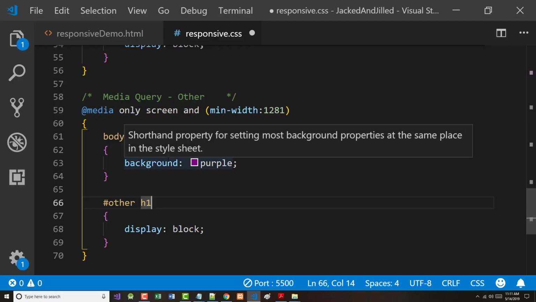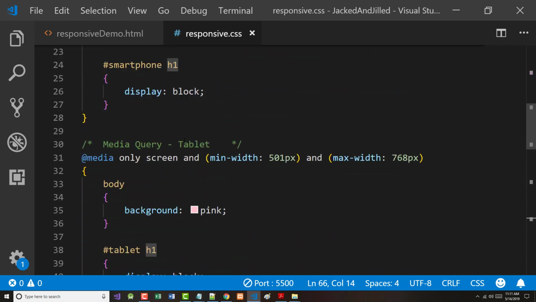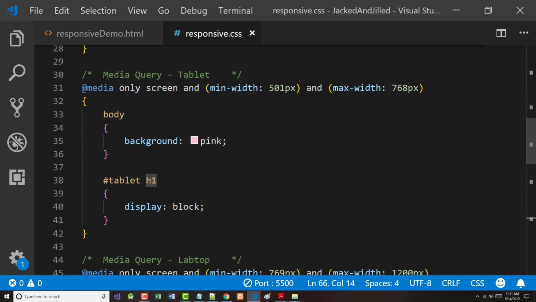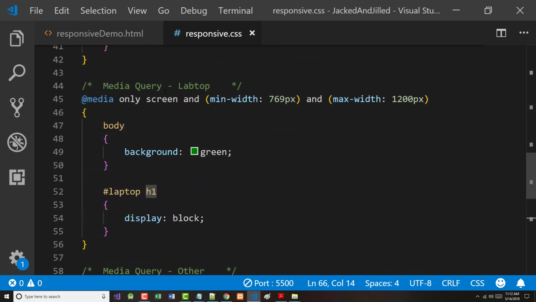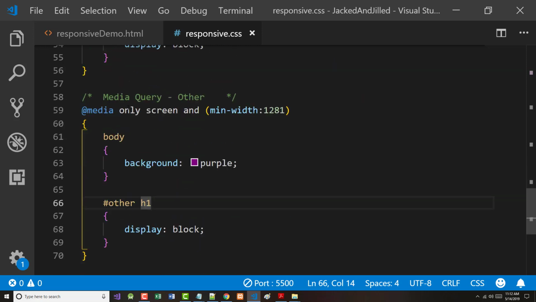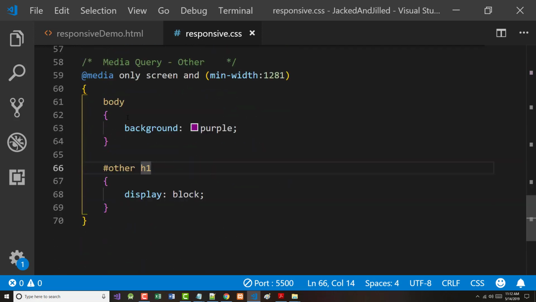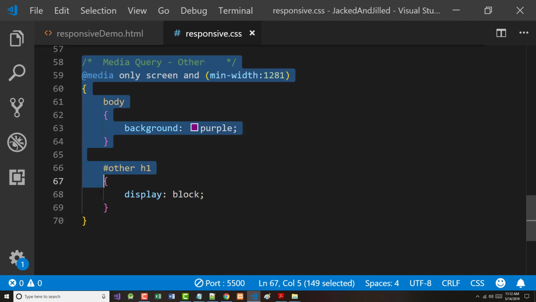Something goofy is going on here with this machine. But we've now got a media query for a smartphone, a media query for a tablet, a media query for a laptop, a media query for something bigger than a laptop. So the only thing that's really left in here, I guess we could call that widescreen or something else, big screen, whatever. The only one that we're still going to worry about in here is our